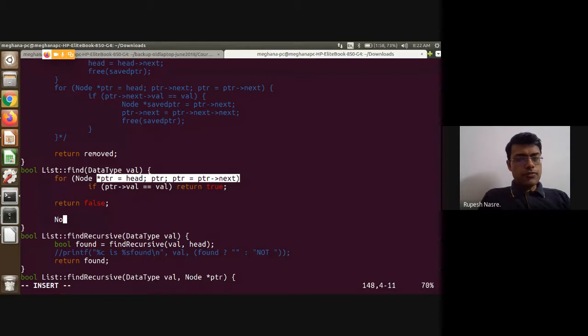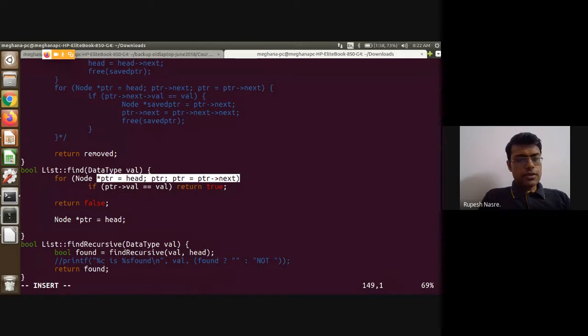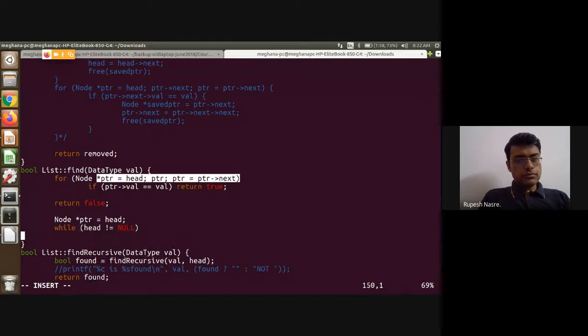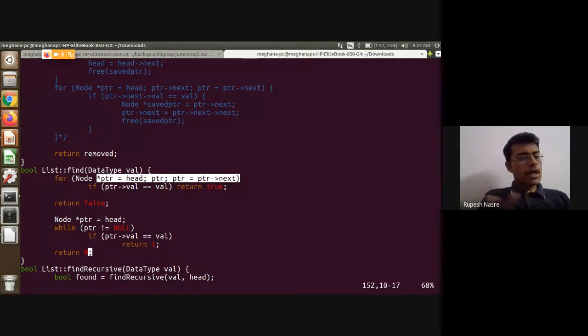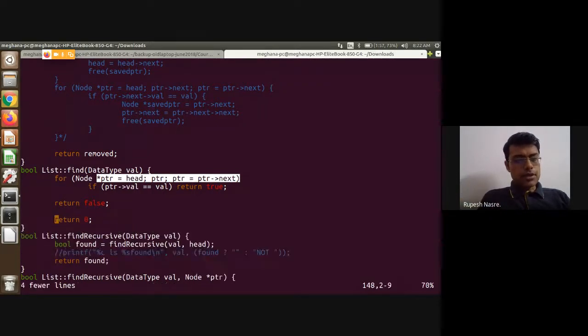So you just have Node* ptr equal to head, while ptr not equal to null, if ptr arrow val equals val, return 1, otherwise return 0, right? So you can write it in either way, that should be okay, not an issue at all. It's the same thing.